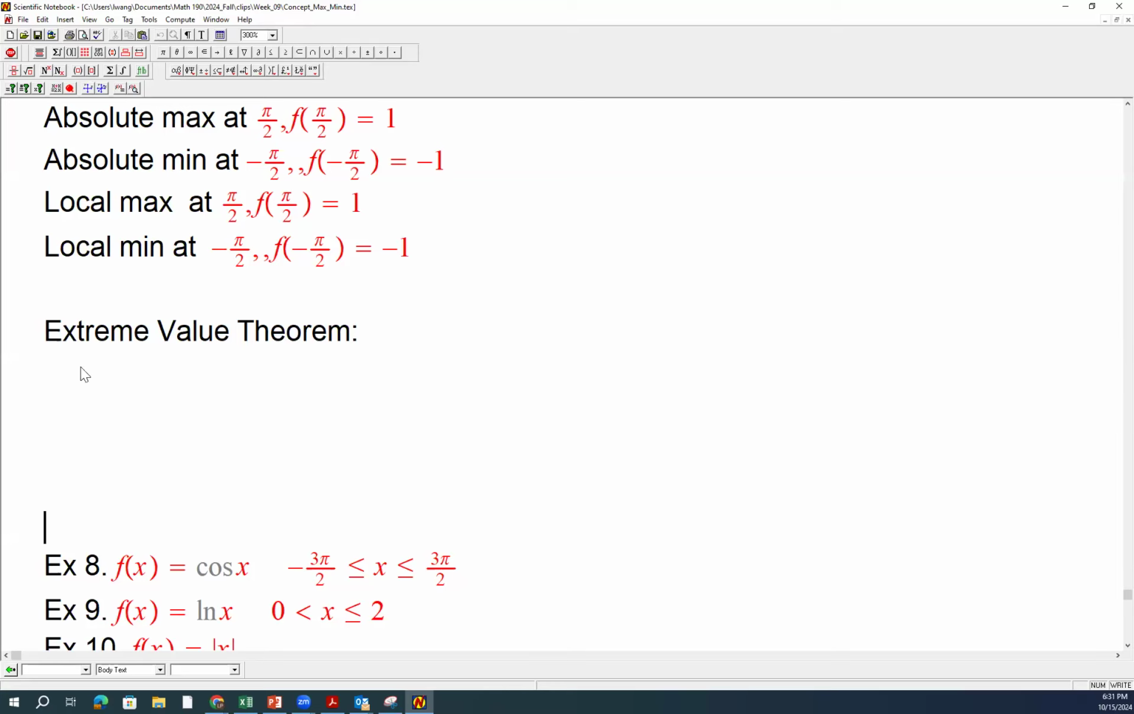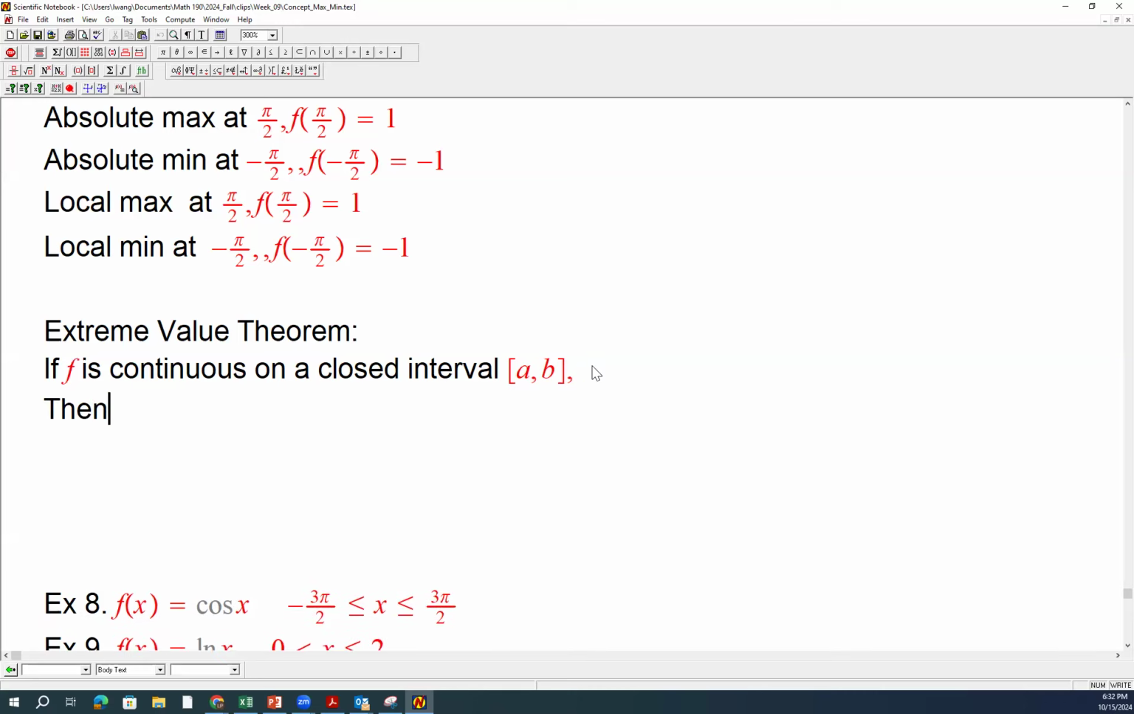The extreme value theorem has one condition and one condition only. Okay, so here it comes. If f is continuous on a closed interval, a to b, A smaller, B larger. Okay, there's only one condition. Then, okay, here it comes. f attains an absolute